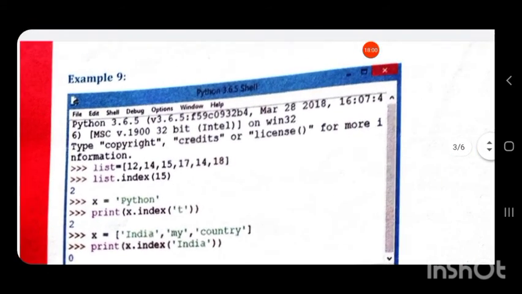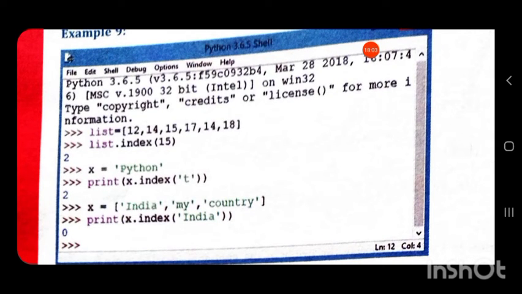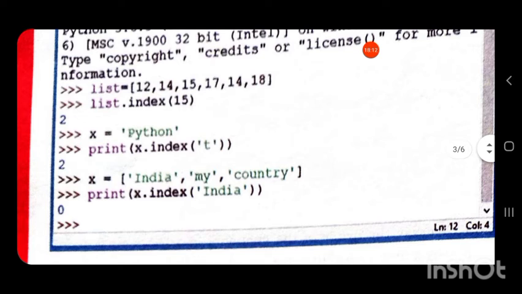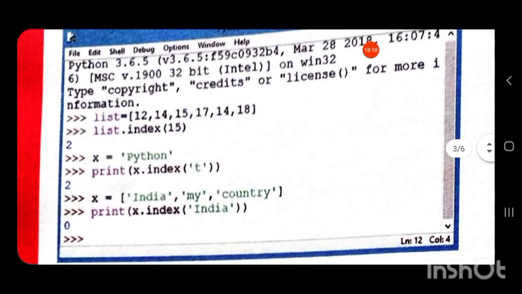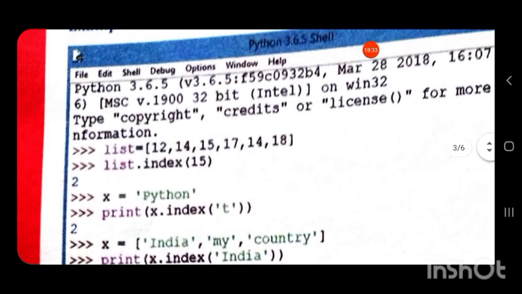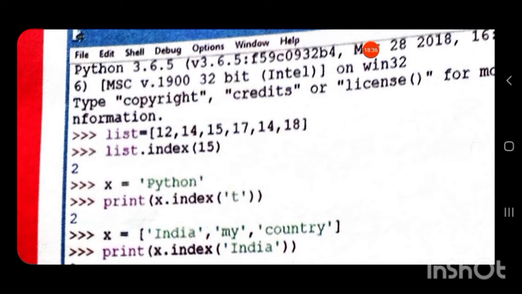So, let us see, we have a list of numbers. We have a list, list equal to, in square brackets, containing different values. Then list dot index in brackets, an element whose index is to be found out. Suppose we have to find out the index value of number 15, which is an element of this list.